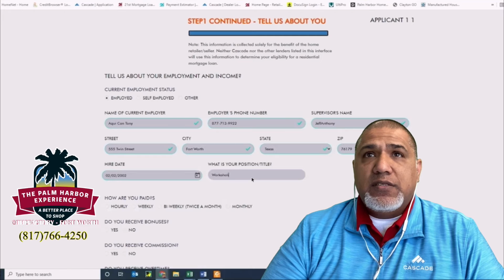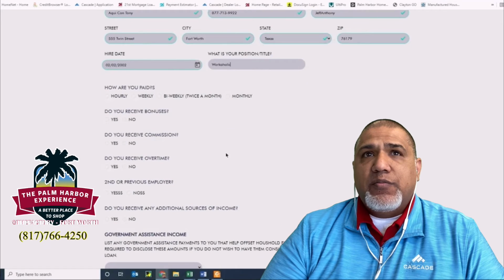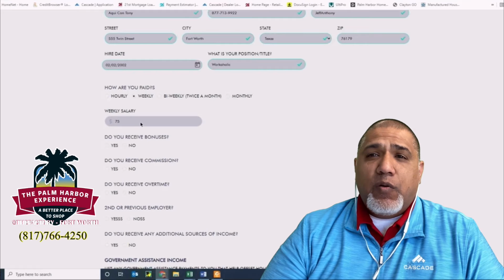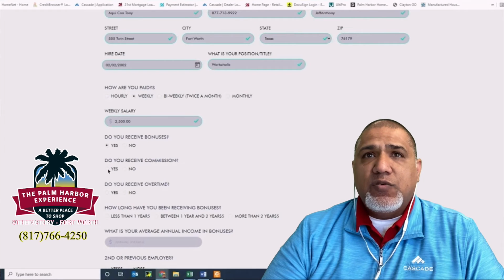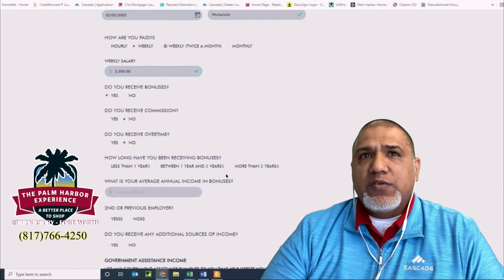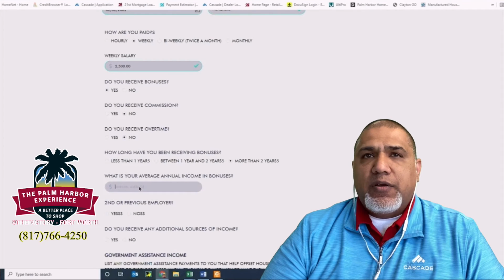Secondly, it allows me to really look at the income that's coming in. So if you're trying to figure out what you can qualify for based on the information from Cascade and 21st Mortgage and other lenders, we know kind of the ratio that they're using in order for us to be able to determine what kind of